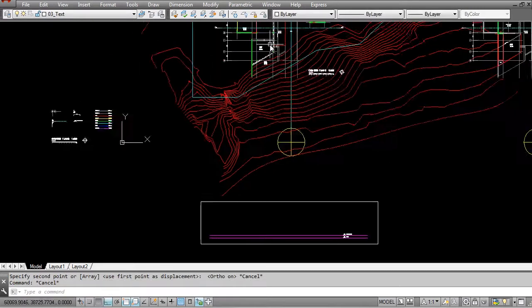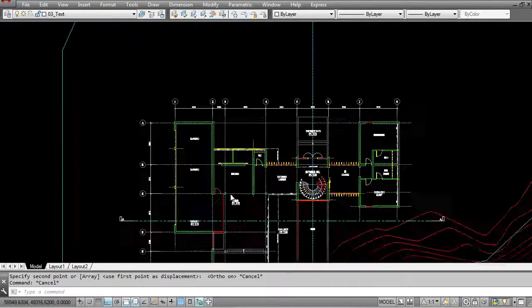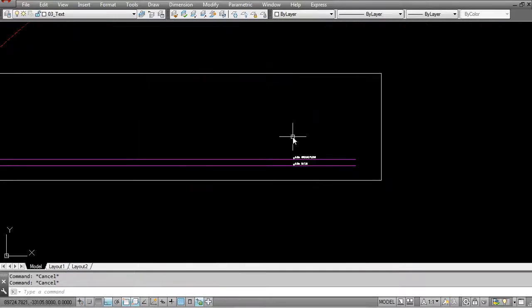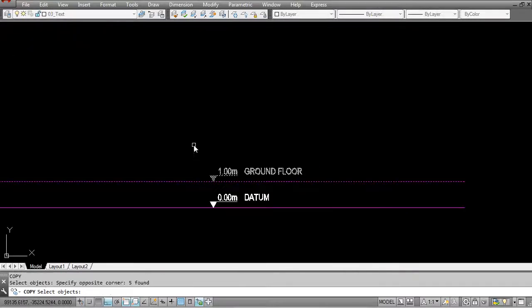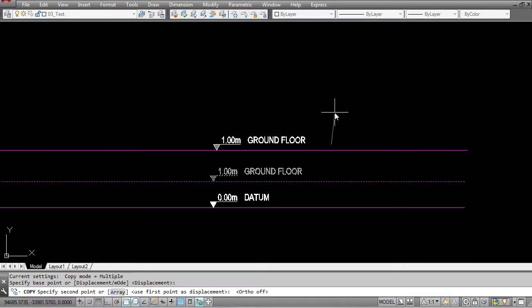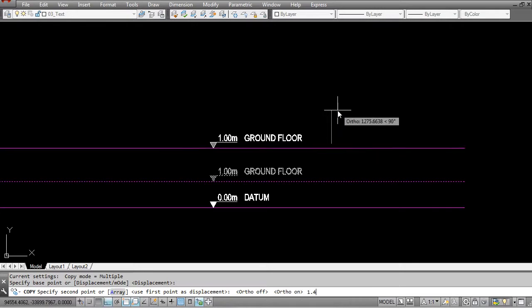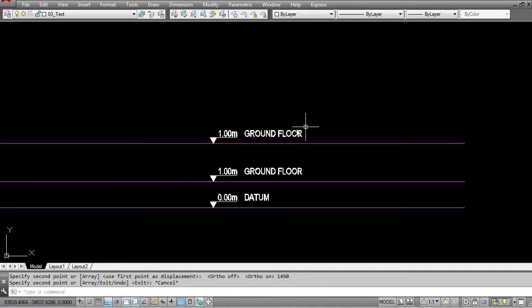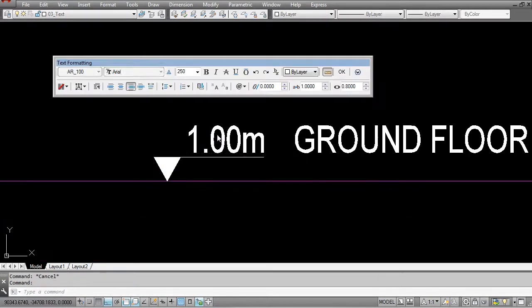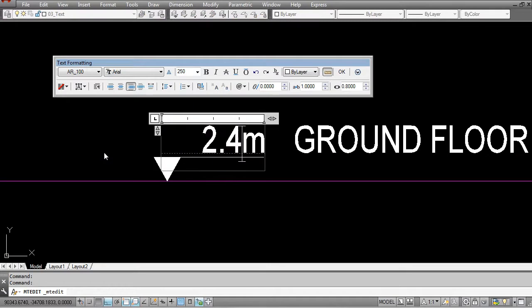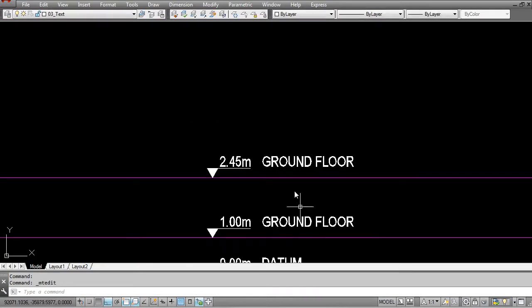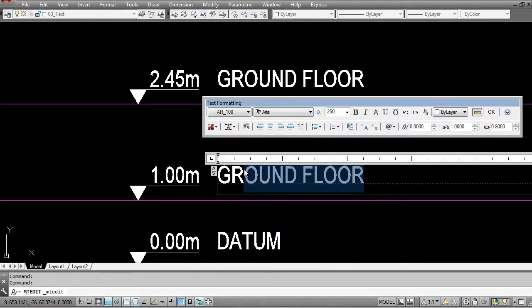Just going to double check that height. It's 1.45. So I'm going to copy this entire line upwards by 1.45. And this is going to be the height of 2.45, which is the ground floor level. And this one is going to be called